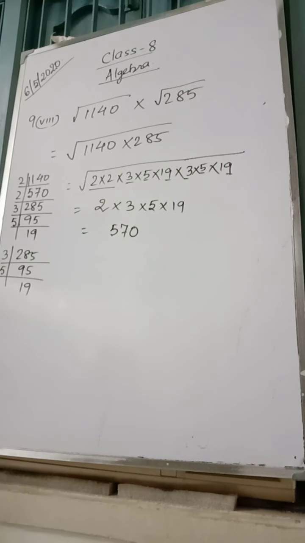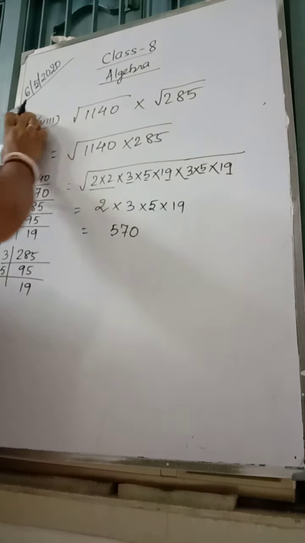Or only 9 today you do, 10 will do next day. No, okay, then do 10 also. See, question number 10. I am doing number B. Number 1 and 3, you have to do it. Or I am doing number 3, the hardest one. You should also feel a little bit of joy. You should not think that ma'am is doing the easy one and giving us the hard one.